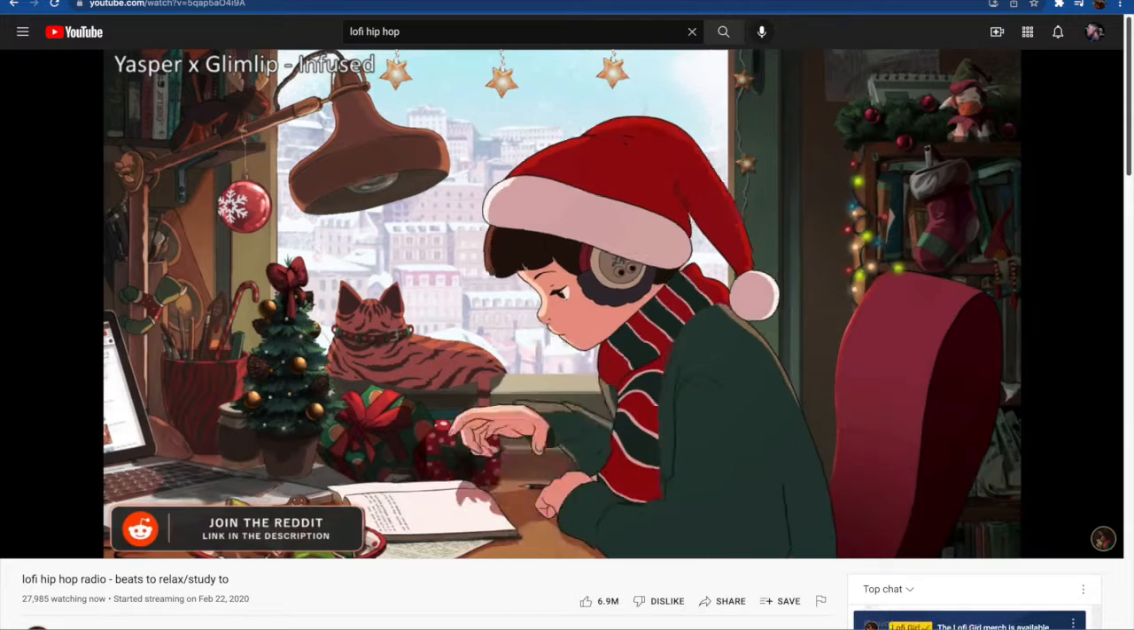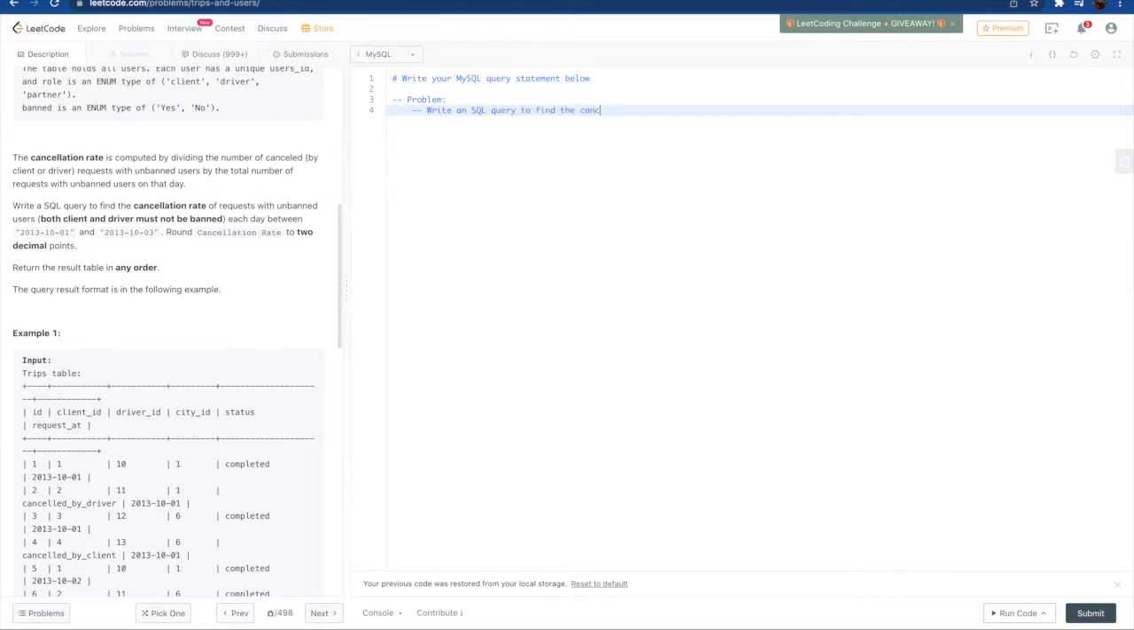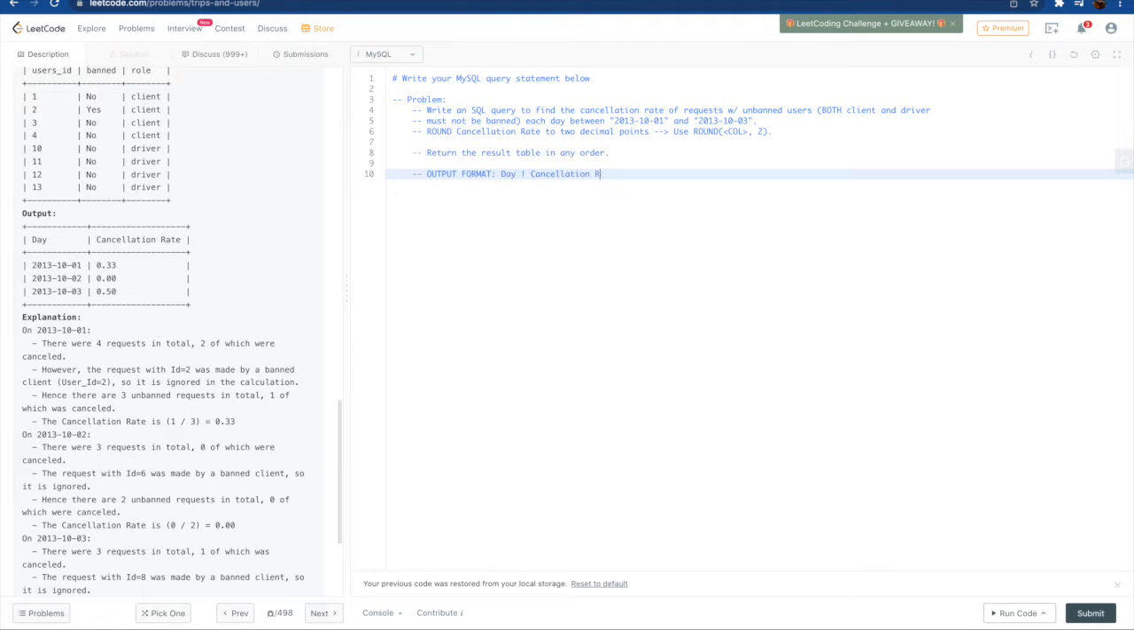Alright, so I'm going to read out the problem because before we solve the problem, the first crucial step is to read the problem so that you can fully understand what you're trying to solve, and you want to understand how you ought to write your SQL query. Alright, so